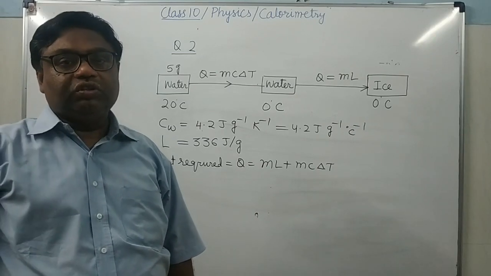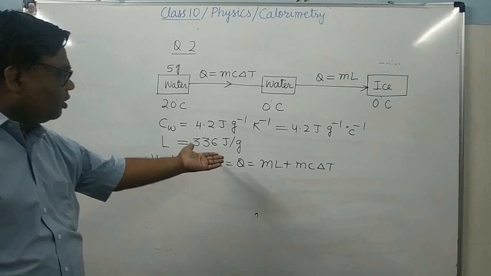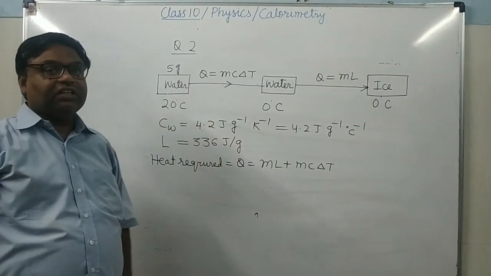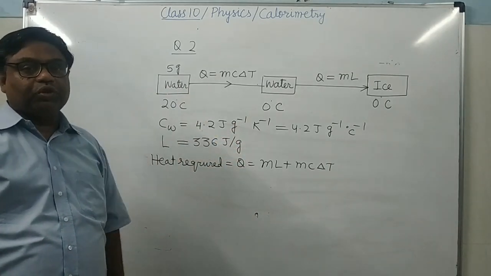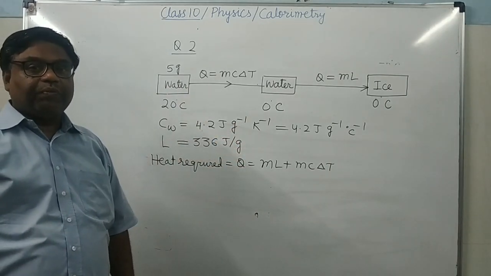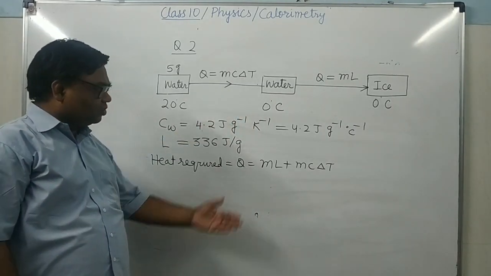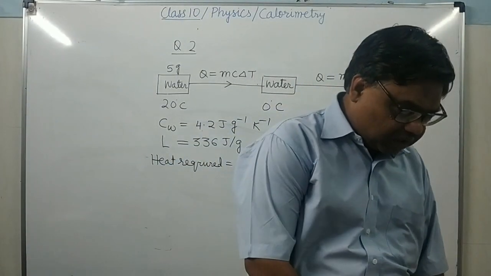Then we have to change. Is it clear? But here there is no such problem. So now you can substitute everything. What is delta T here? 20 degrees Celsius. Delta T means only the difference of both. Is it clear? There is no plus or minus sign. So delta T will be 20 degrees Celsius. So now you can substitute the values and you can do. So further I will not do.